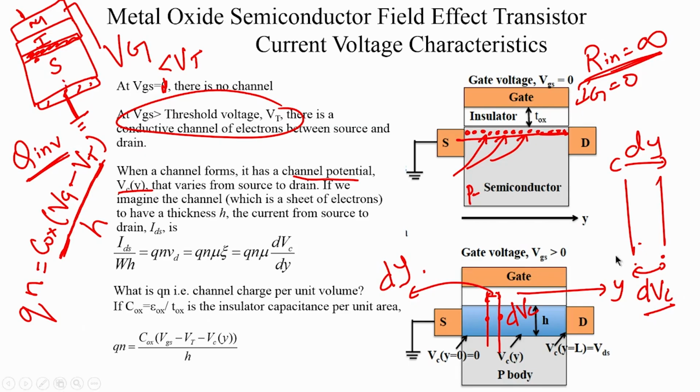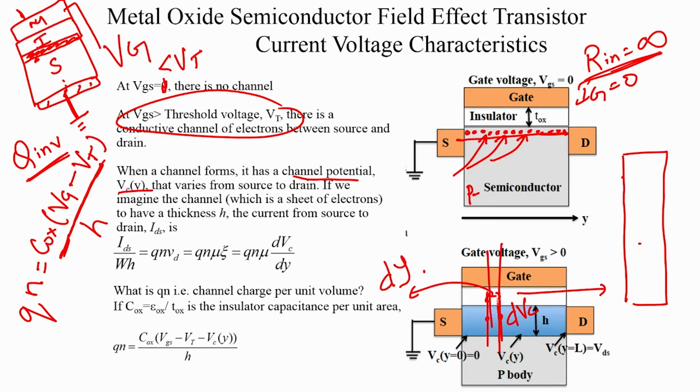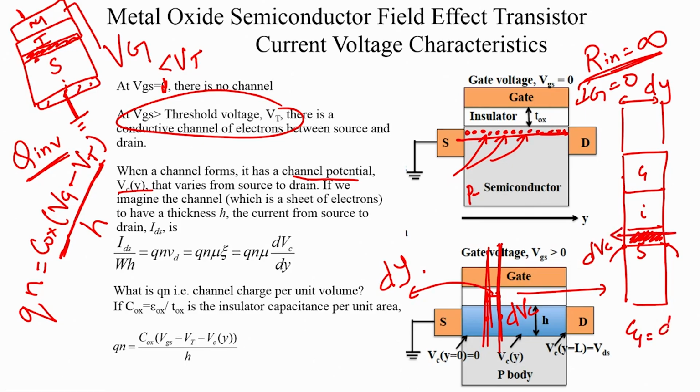But now, if I were to take this little section here of length dy, so let us say that is my insulator and that is my semiconductor. The potential here is Vc of y, and the potential drop across the section is dVc. Let us look at the section that we are analyzing here. We cut this little section all the way through. You have the gate, you have the insulator, you have the semiconductor, the length of the section is dy, and you have the channel here. The potential drop across this channel is dVc, and therefore, the electric field in that section is dVc by dy,